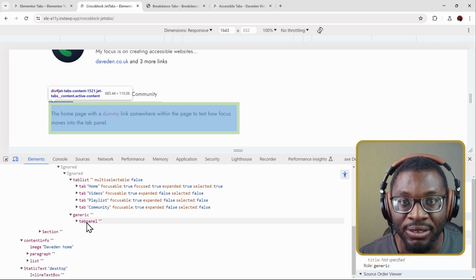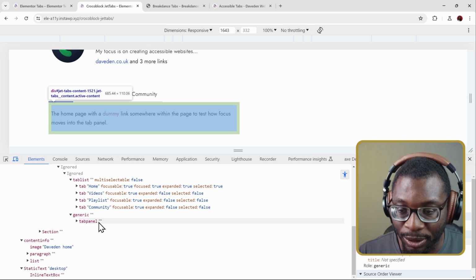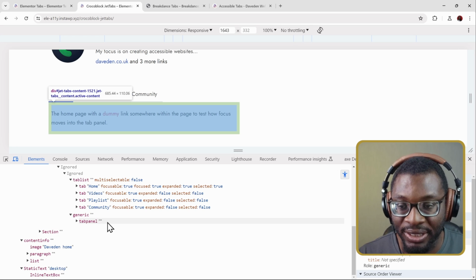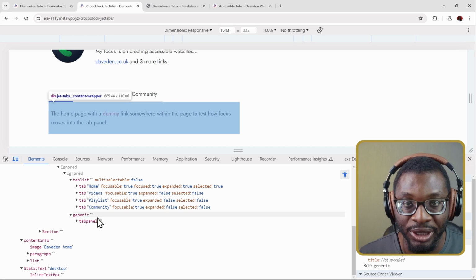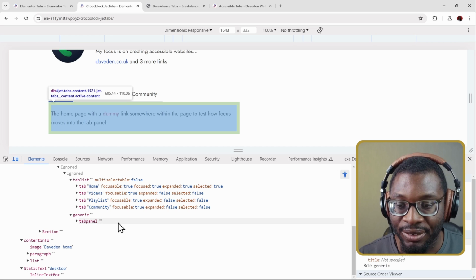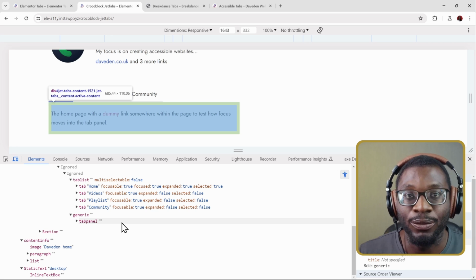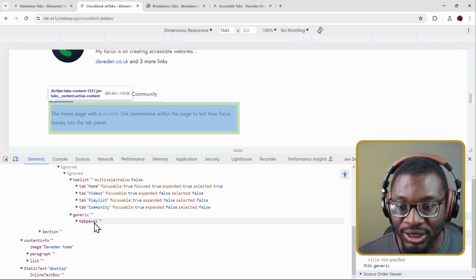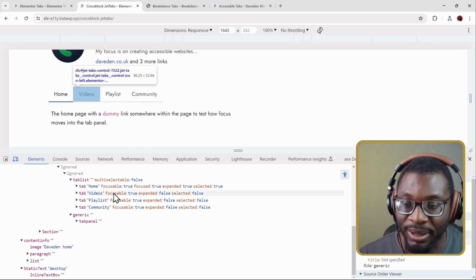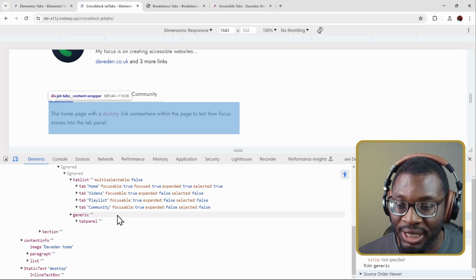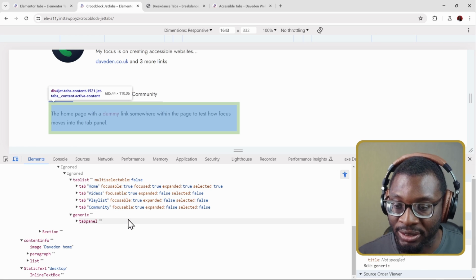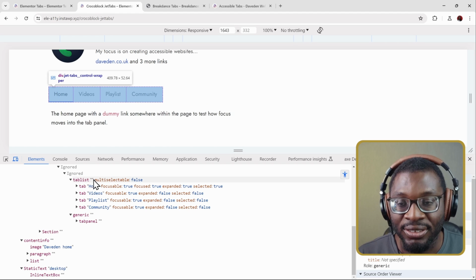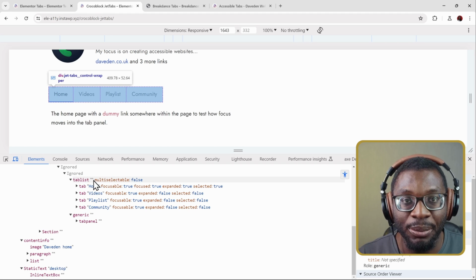One, the tab panel doesn't have an accessible name, so there's a problem with the way they're using the aria-labelledby, which links back to the tab. So maybe something is wrong there, so it's not giving it an accessible name. And secondly, there is no tabindex of 0, so it is not focusable. So those are the 2 problems I can find already. So they should check that the tab panel has an aria-labelledby, which links back to the tab, and then they should put a tabindex of 0 on the tab panel. And if possible, they can add an accessible name here, which is